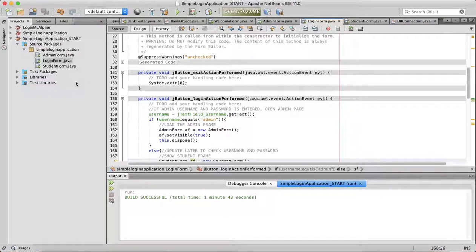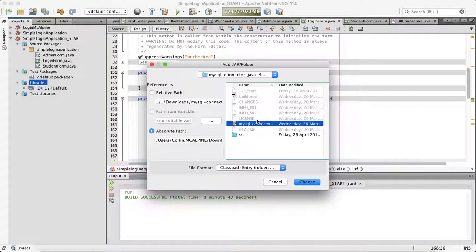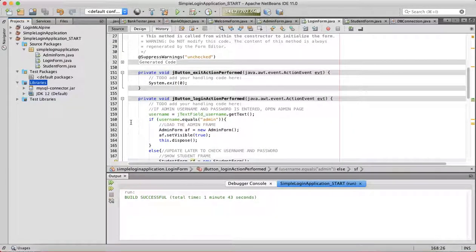So what do we need to do first? Well, the first thing when we are setting up connections, and you'll need to find this online, is adding in the MySQL connector, and you'll need to download that online. If you right click on libraries, add jar folder, and then browse to wherever you've got that MySQL connector, which you can easily find online, it will set that up and add that in for you. Now that's a necessity to allow you to access all the pre-written code